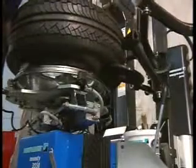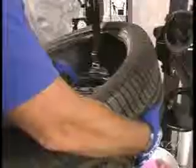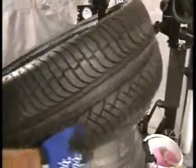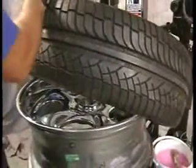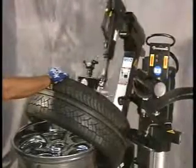Position the lower disc next to the lower wheel's edge. Hold the handle firmly and at the same time rotate the turntable. This helps lifting the tire to insert the bead lifting tool. Remove the lower bead. Press the foot pedal to cause the tower to tilt backward and out of the way